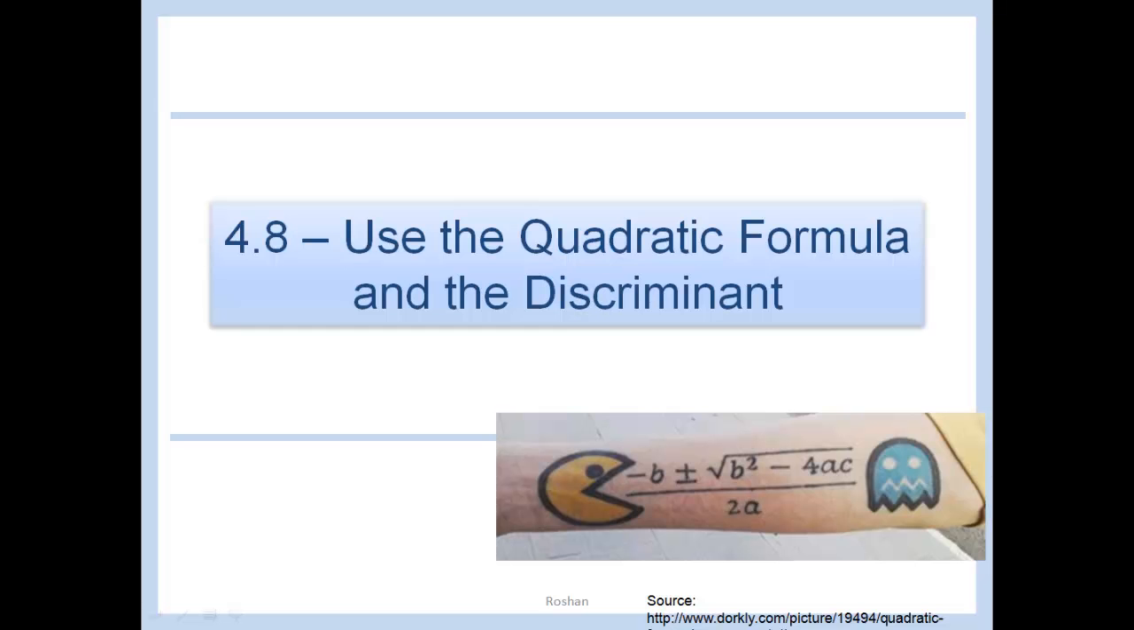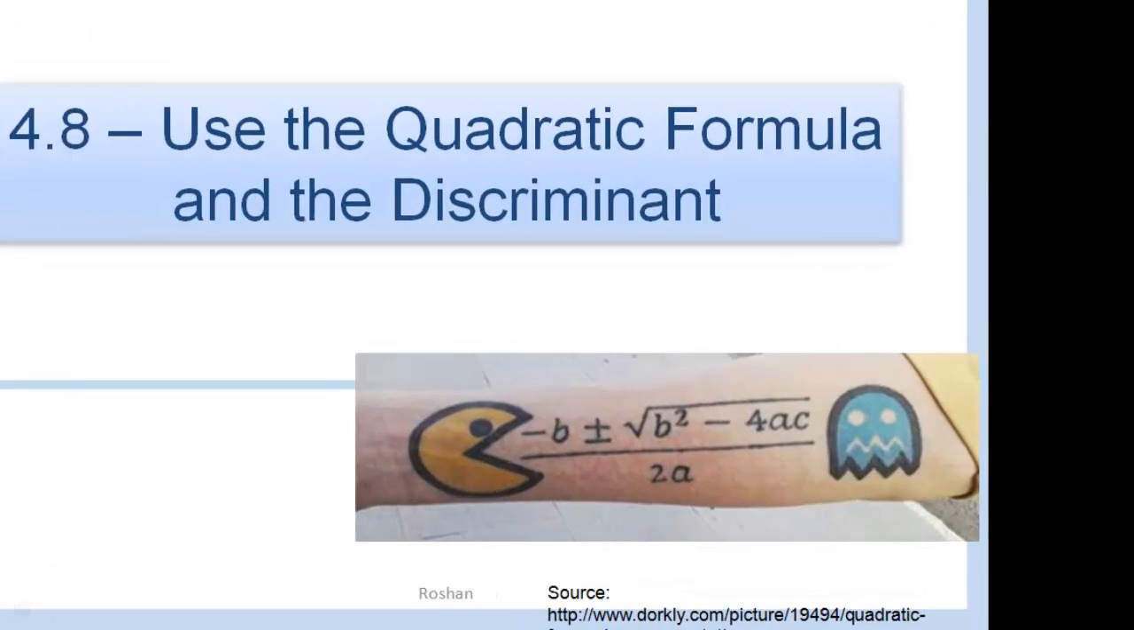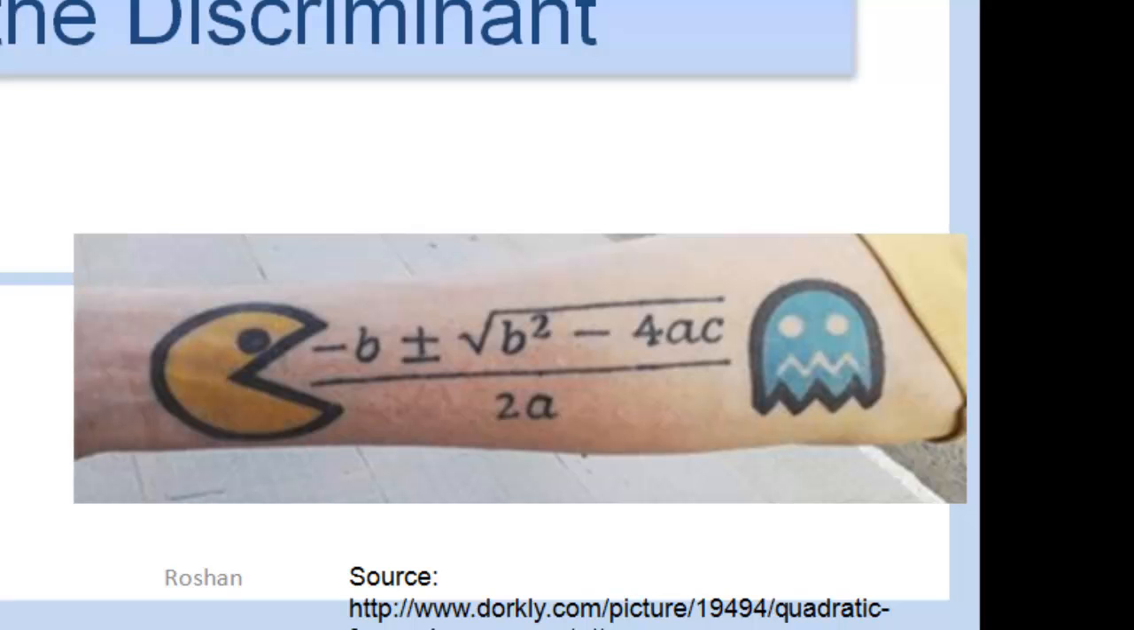4.8, use a quadratic formula and the discriminant. In this lesson today, we're going to be talking about the quadratic formula, which you know is minus b plus or minus the square root of b squared minus 4ac all over 2a. And this is what x equals if we have an equation of the form ax squared plus bx plus c